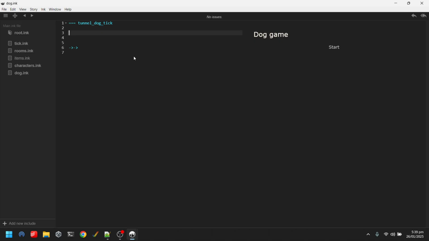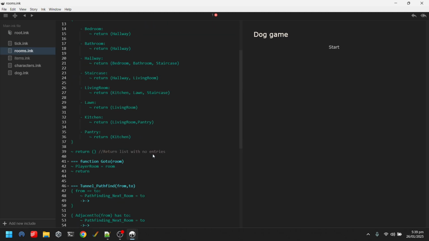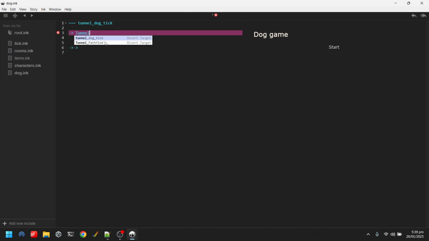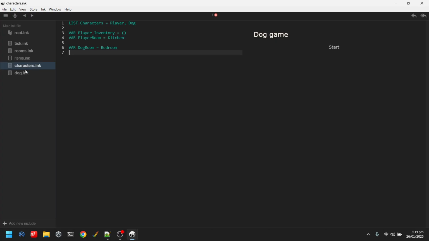Let's say we want the dog to find where the player is. So let's go pathfind, tunnel pathfind, dog room to where the player room is,